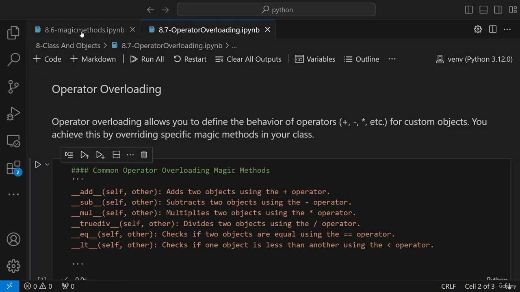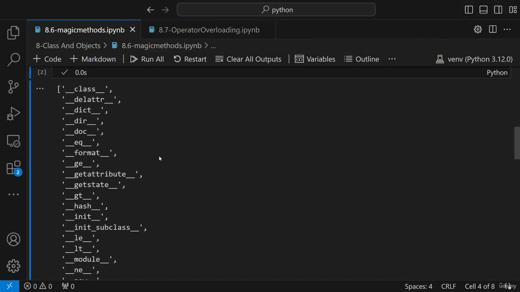Hello guys, so we are going to continue discussion with respect to Python, and in this video we are going to discuss operator overloading. Now in our previous video, when we were discussing magic methods, you will also be able to see some of the methods or magic methods